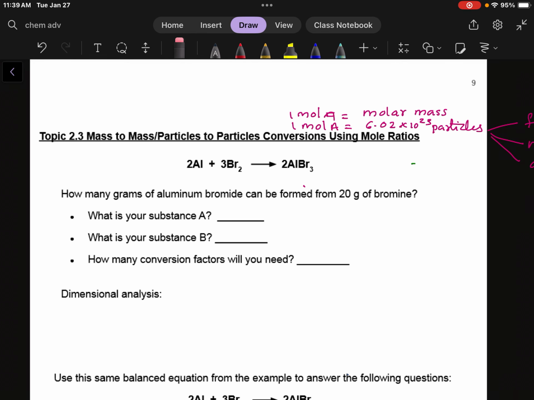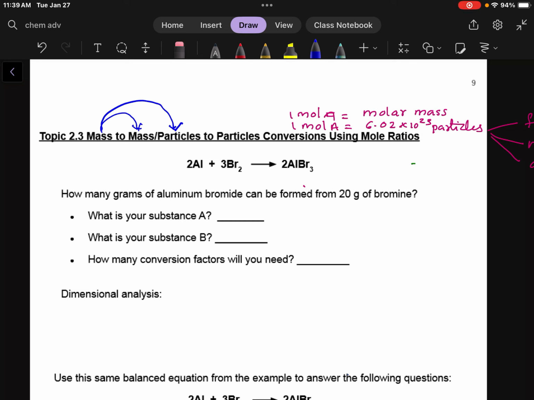Topic 2.3. This is the conversion we are using, the longest conversion we will see in our dimensional analysis. It is mass to mass or particles to particles conversion. So here we will do mass to mass conversion or mass to particle conversion,